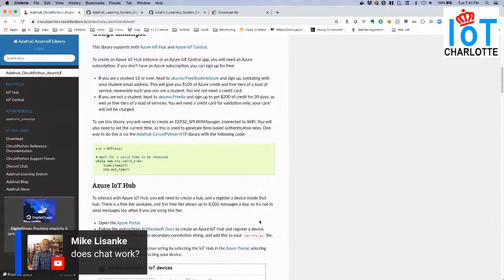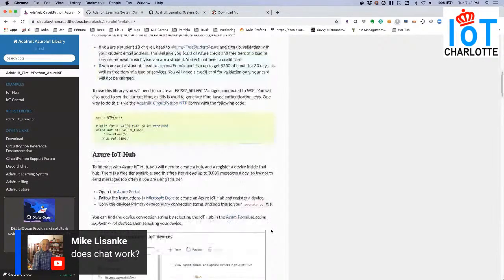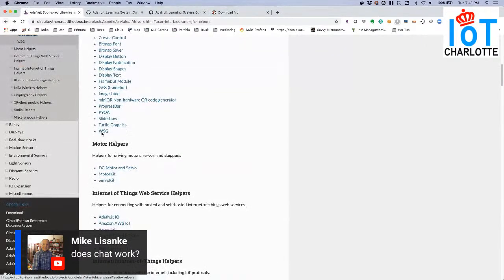But you can use it to connect to most anything, except the big IoT providers, right? So AWS IoT normally requires a cert. They've got a separate library for that. Obviously it supports anything HTTP, but there's just a ton of support out there.